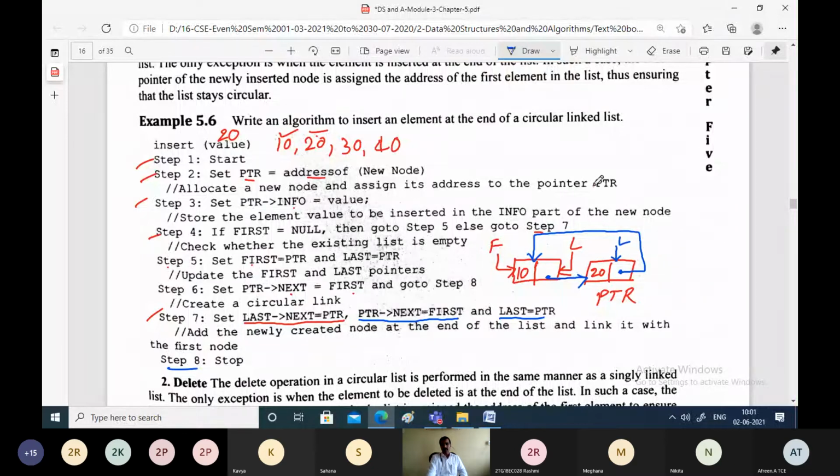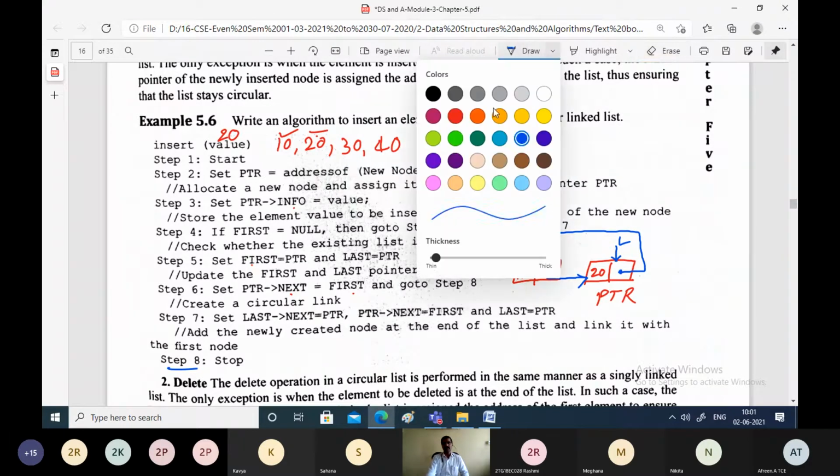Once you erase this, yes, we have successfully inserted one more node onto the circular linked list. So the simple logic here is, when you insert the node, make sure that the last node points back to the first node. That is a very simple logic.